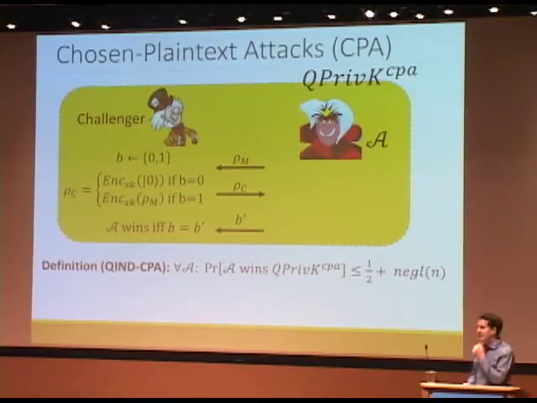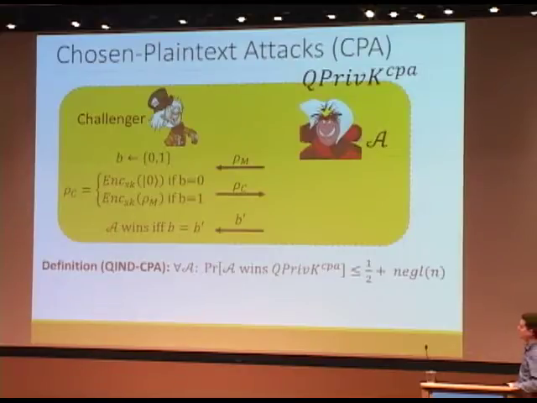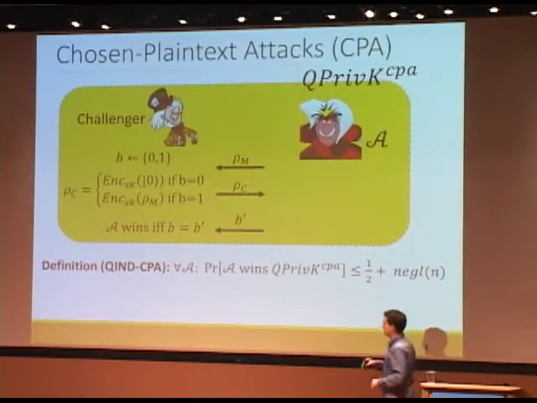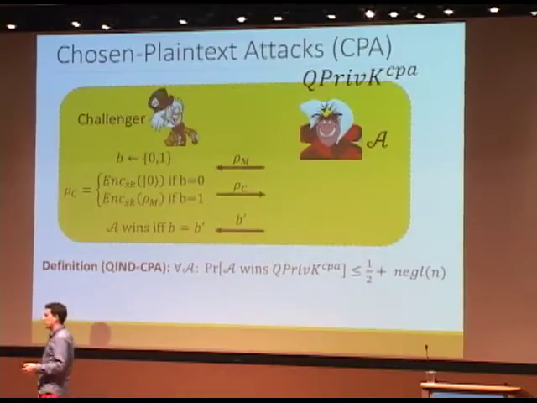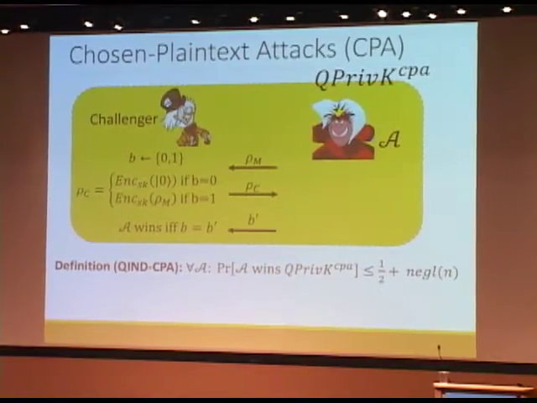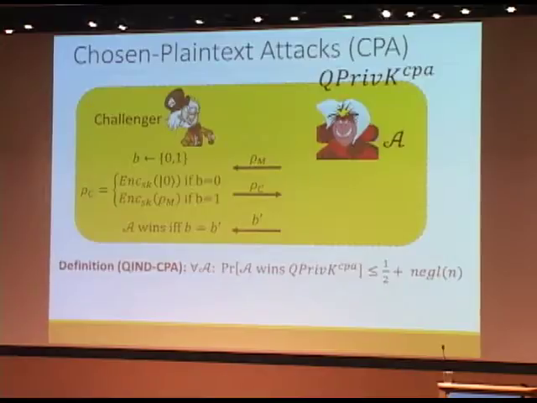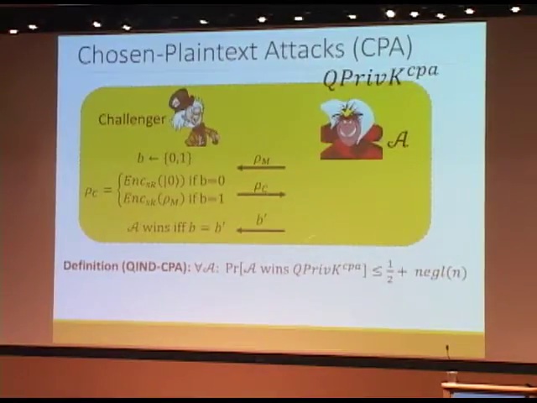Now, let me do this and then I will skip the rest. So I had these threat levels. What one can do is look at more powerful adversaries, those who are, for instance, able to query encryption oracles. So here I upgrade this game now to so-called chosen plaintext attacks by giving the adversary the possibility to ask for encryptions from the challenger.